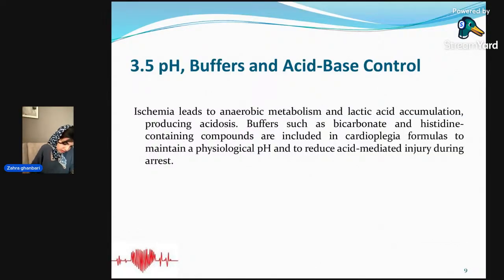Another point that I think is good to say about pH, yes,